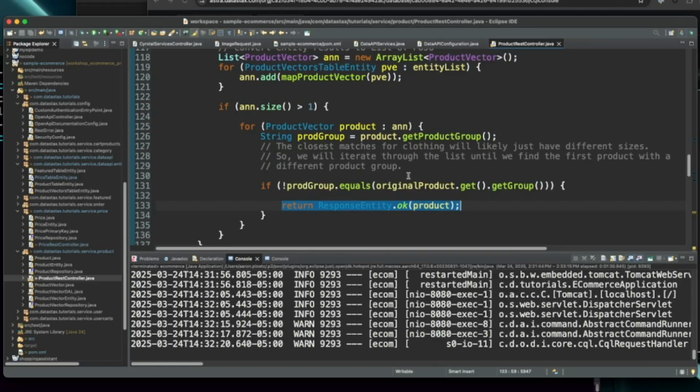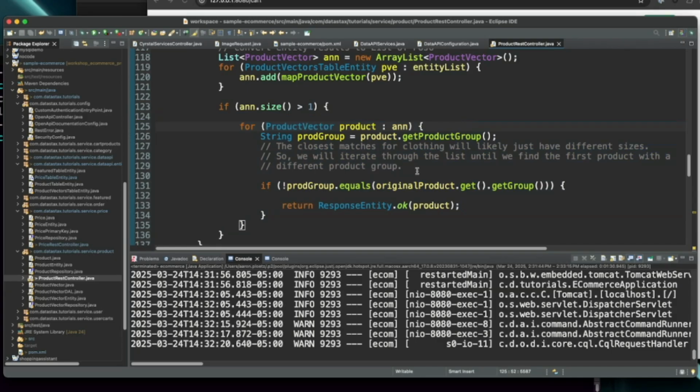So what this extra for loop here is doing is taking the top 8 products it gets as the closest match to whatever product we just vector searched with. Now the thing is, when you have clothing that you're trying to sell, you have all these different product types that are pretty much the same name and the same description, and the only thing different is the size. Small, medium, large, XL, 2XL, etc. So if you do a similarity search on a certain product description from medium, probably the closest one it's going to find is going to be the large. Now, that's not very useful to us.